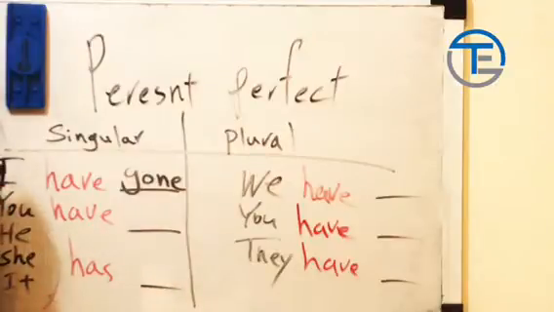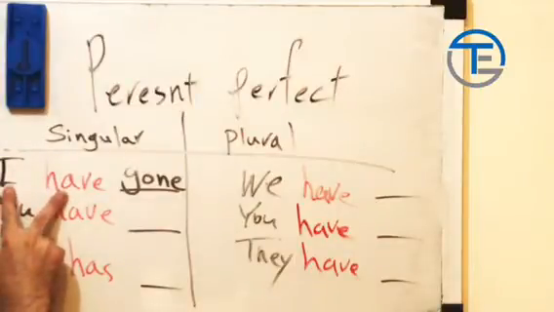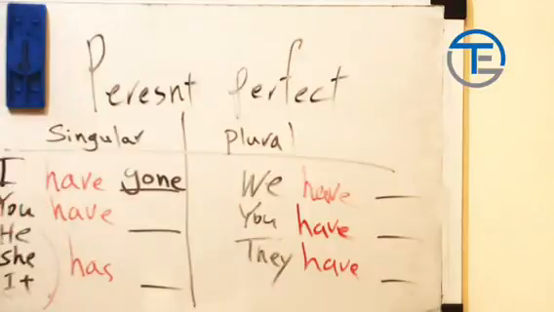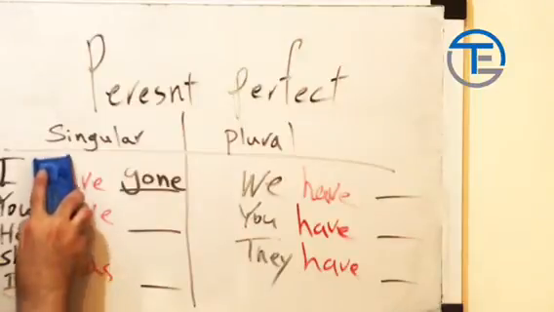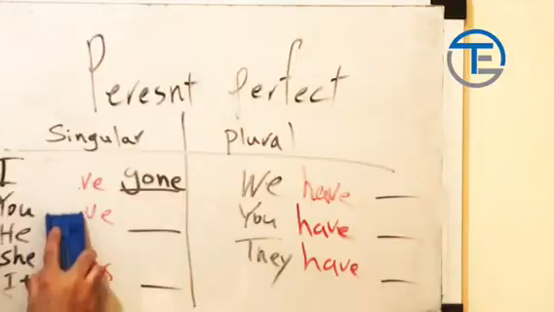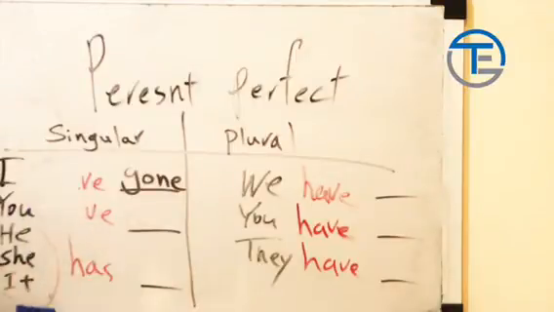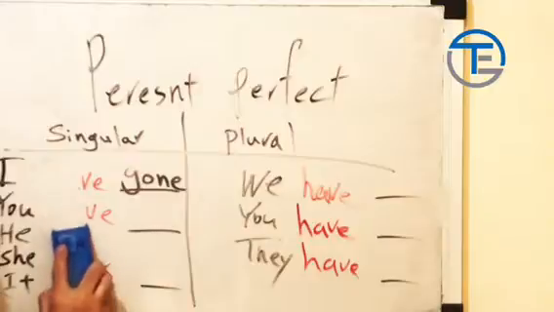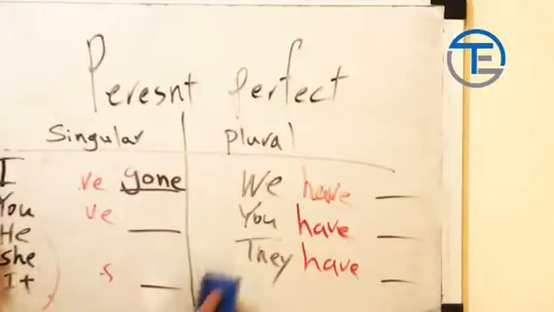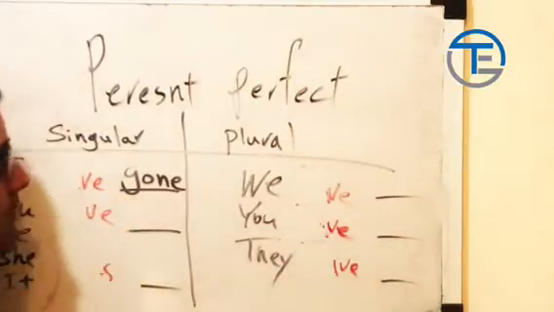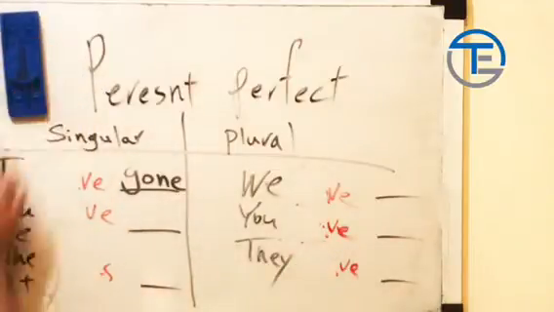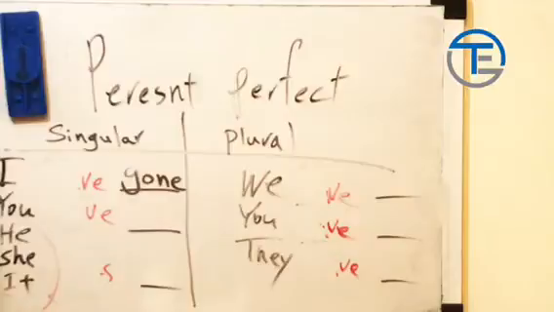Actually, contraction. You want to use contraction, so the contraction of I have is I've. Yes. You have to clean just these: I've, you've. And here we have just 've. When you want to make a contraction,